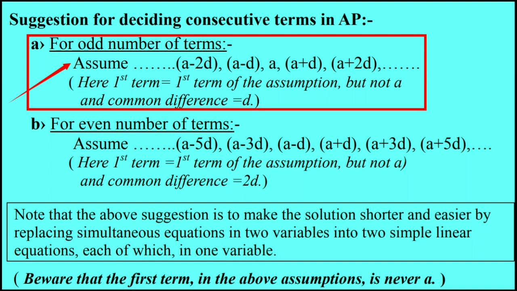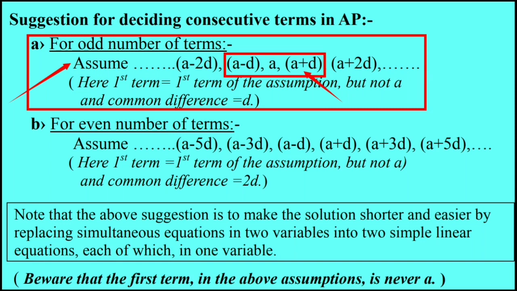For example, suppose you had to assume 3 terms, then instead of assuming A, A plus D, A plus 2D as 3 terms of an AP, we are suggested to assume A minus D, A and A plus D. But you have to be very careful that in this assumption, your first term of the AP is A minus D, the second term is A, and the third term is A plus D,